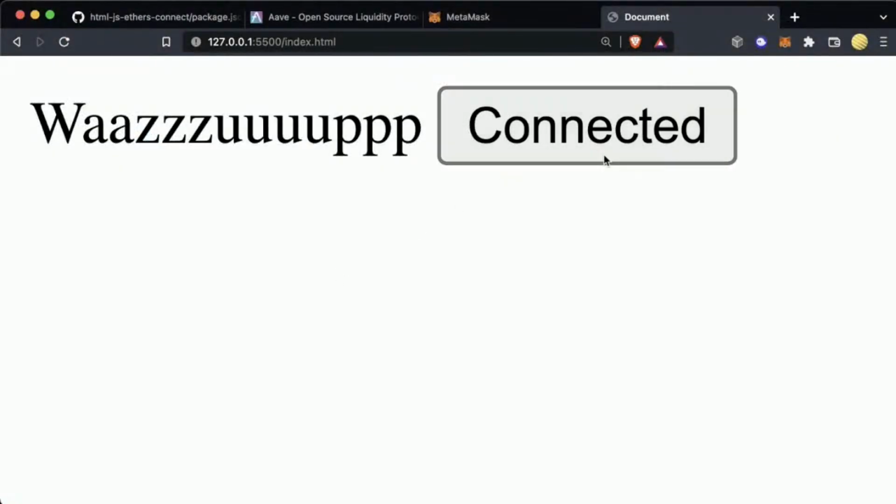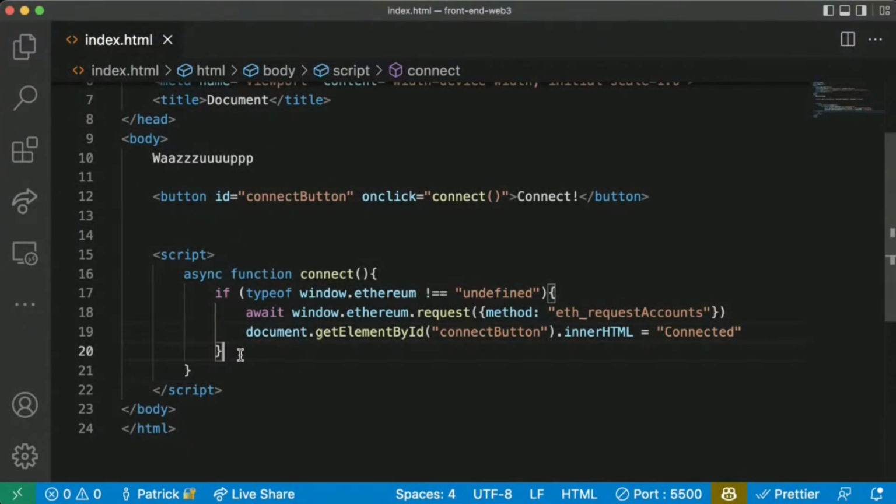So we'll hit connect, and now we see it says connected. Cool. Any questions about this so far? Because that is really the smallest way to tell you about the secret sauce of how to connect to an RPC like a MetaMask.